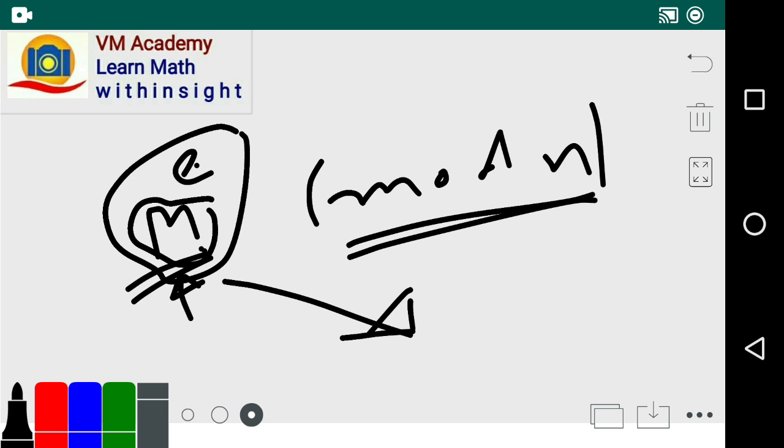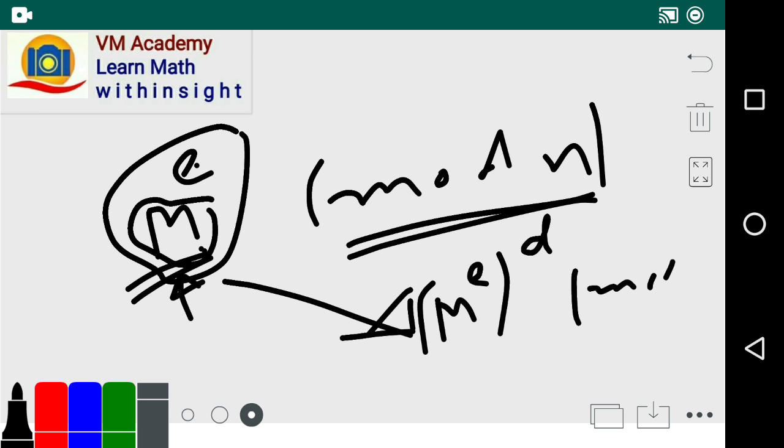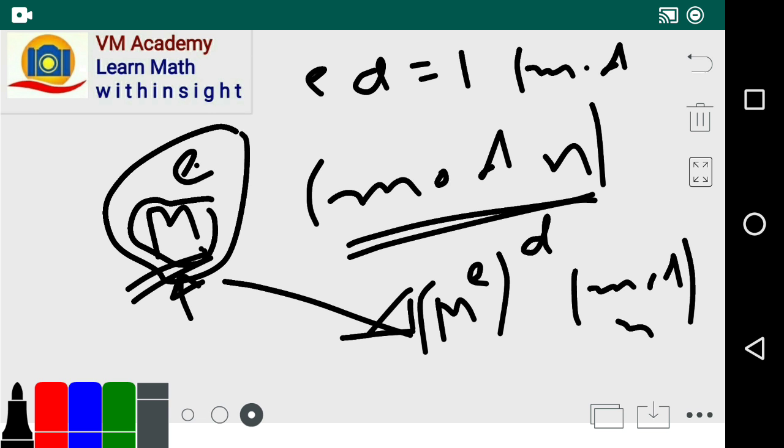And at the receiver end, the receiver will raise this cipher message to the power d and take mod n. Now since e and d are inverses of each other modulo phi n,